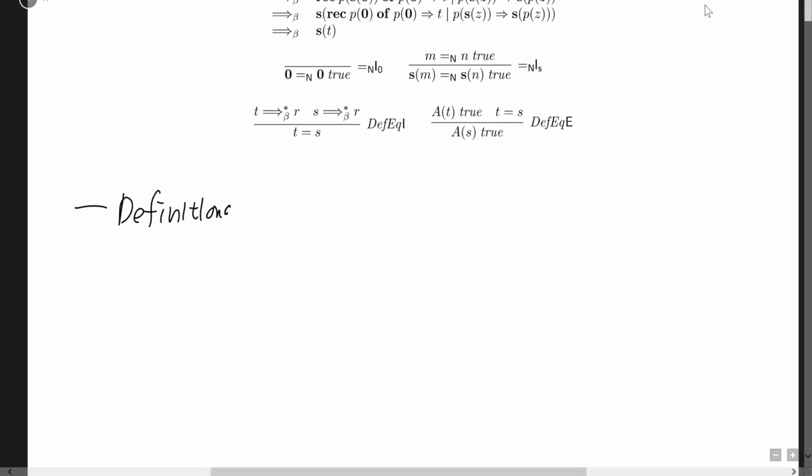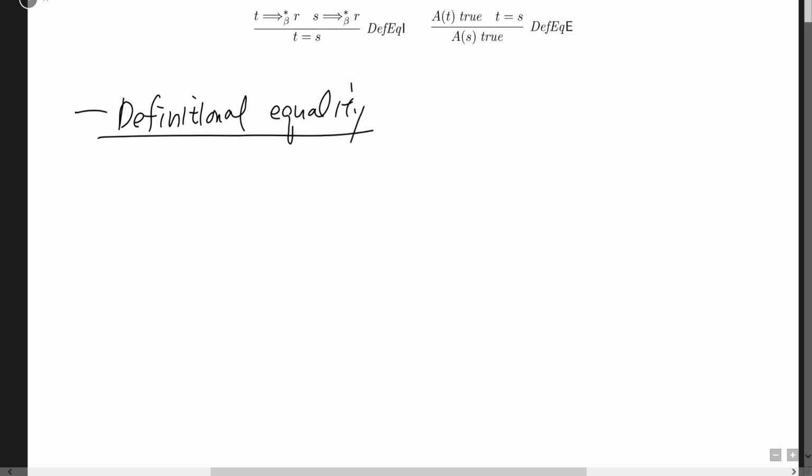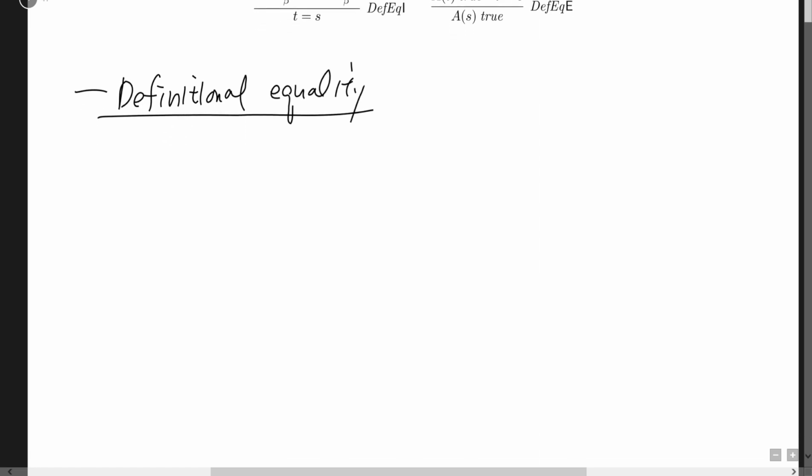The topic for this lecture is definitional equality. First, let's recall primitive recursion, or recursive functions over terms, and how to reduce terms involving